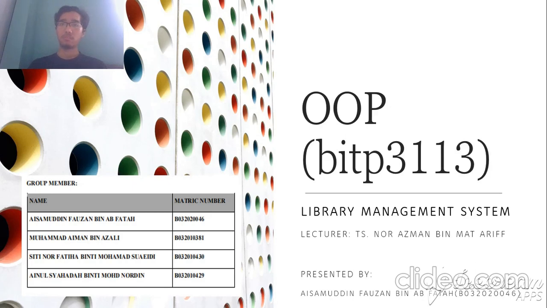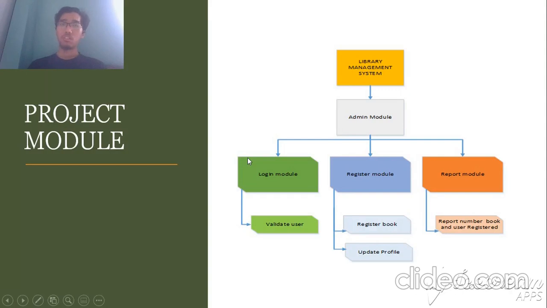Okay, we'll go to the next slide. This is the module of the library system that we made in the Java language. The first, library management, we focus on the admin module, which consists of three main modules. First is the login module, which will validate